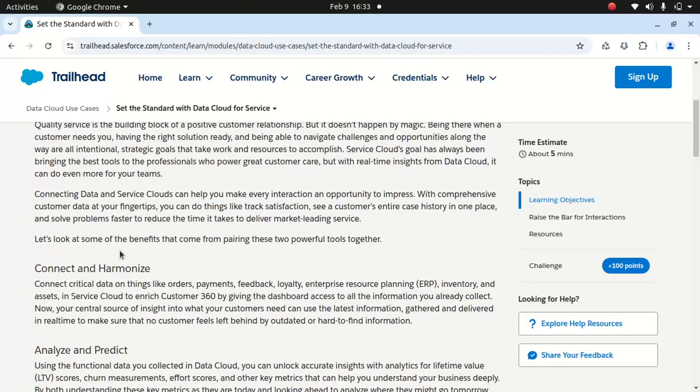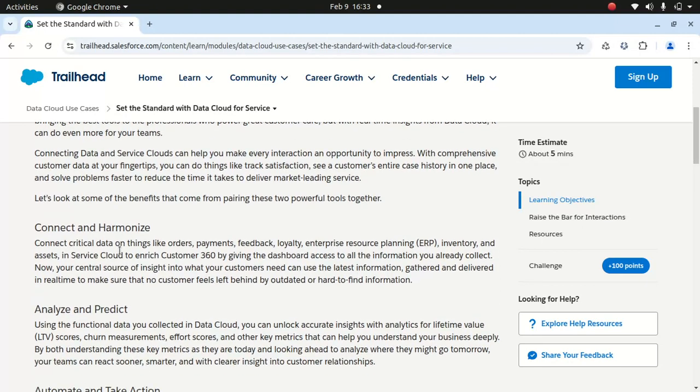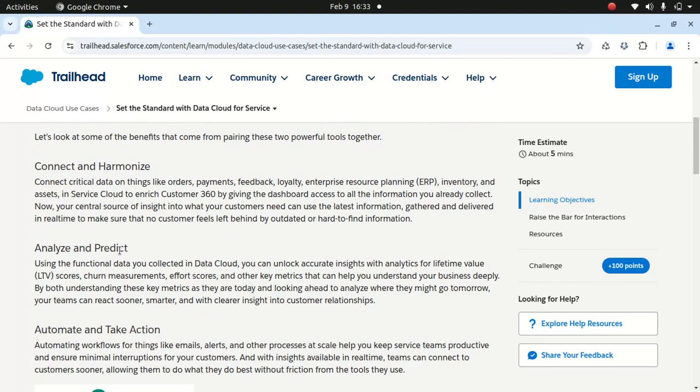So you get all this information when you have data in one place, and you can run intelligence to analyze and predict. And the third thing, you can automate and take action. You can build automation, and you can take action. For instance, it will help the sales team to say, hey, this opportunity is a very high profile opportunity. Time to contact the customer, and time to look after the customer in a better way, because this customer has been one of our favorite customers.